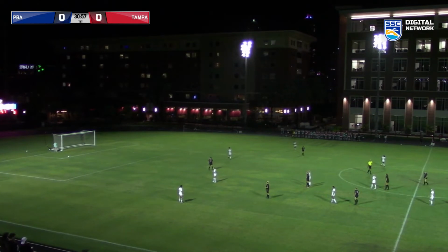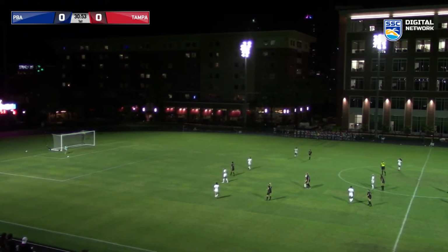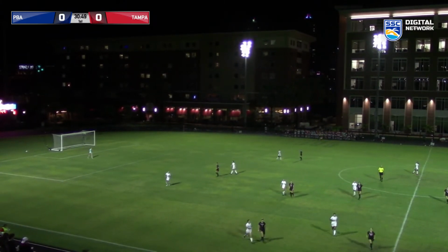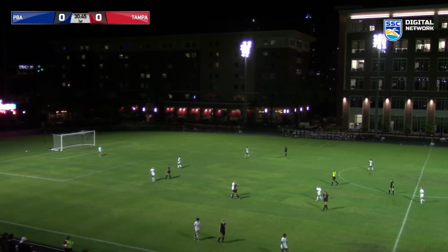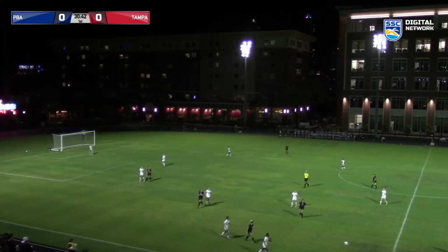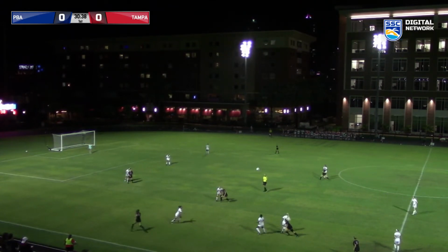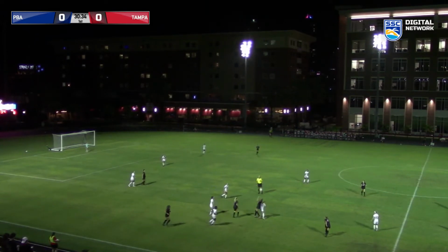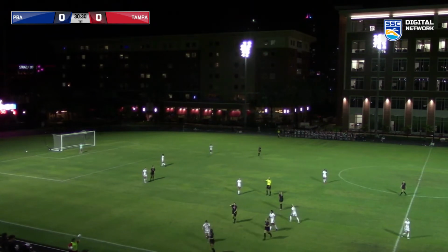Well, good evening, everyone, and welcome to Tampa Spartans.tv. If you're already tuning in, this is Brandon Davis here, alongside Fabrizio Mejia. Hello, everyone. So, a great pleasure. No goals yet, but we're here for a great match between PBA and the University of Tampa at Pepin Stadium. Yes, and PBA coming off a loss against Embry-Riddle, 3-2. They're 1-4 right now, and the Tampa Spartans are 4-3, coming off a loss against